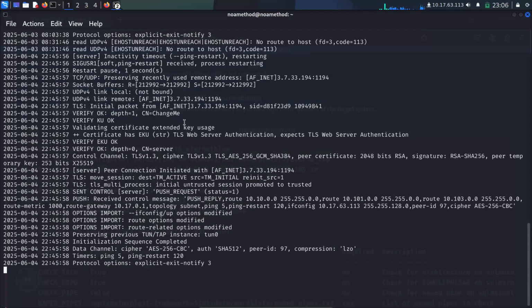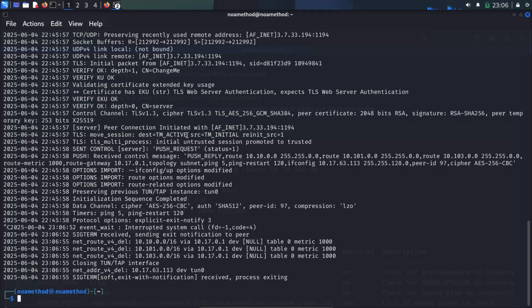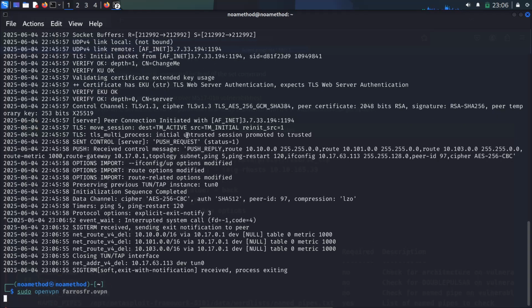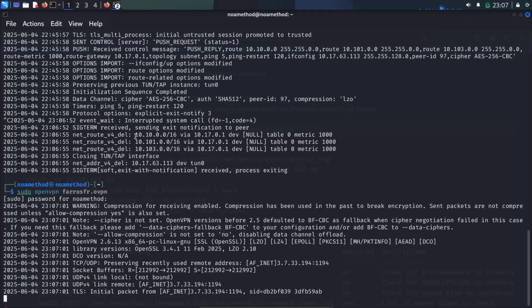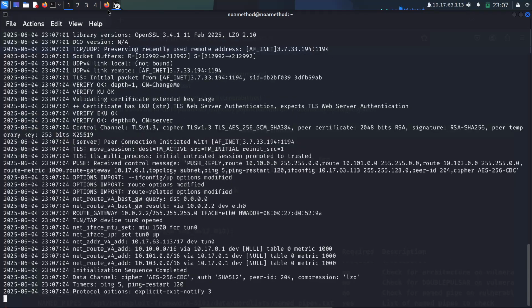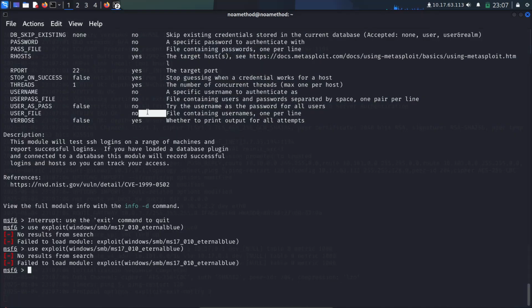First thing we must check the VPN. Is it ready? Try to run again. No result from search use exploit terminal.